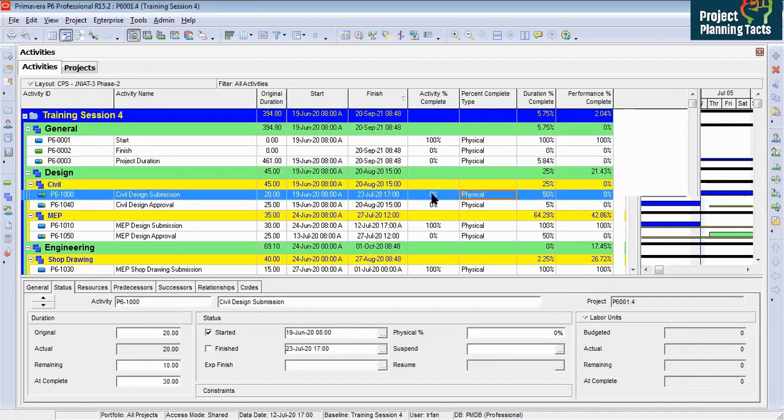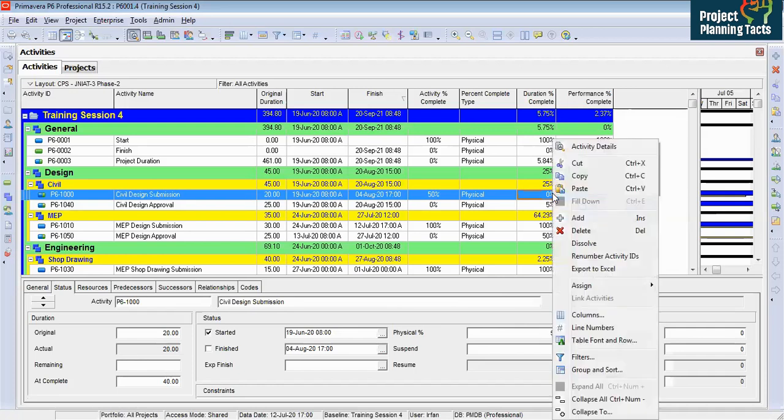And then for these activities we updated, you remember, but it is showing 0 because we changed this to physical and the remaining is not set. So we will change this to, let's say we set last time 50%, and it is showing duration percent 50%, but because it's physical, now we have an option to change the remaining duration. So let's say if I change to 20, now the duration percent complete has gone. It is showing 0. It is the same thing that we have discussed there.